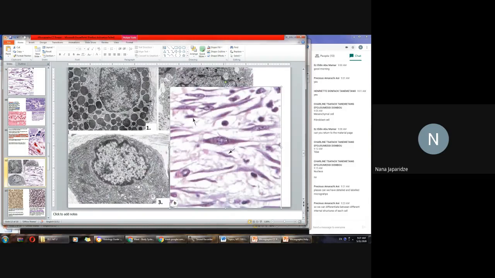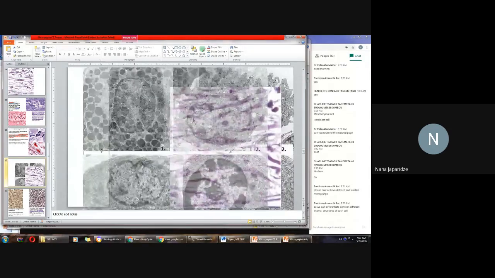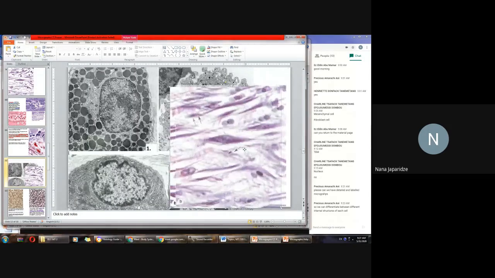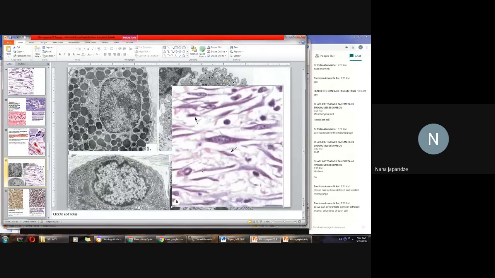Look, this is fibroblast in LM, light microscopy. This is fibroblast in TEM, transmission electron microscopy. Okay? And what you see here,